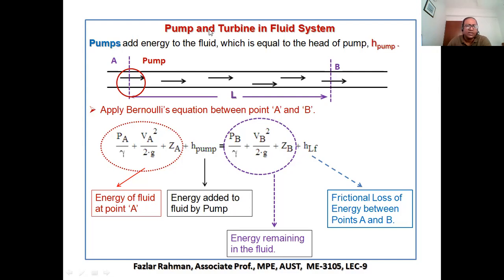This slide, the same thing I explained before, that if you have a pump in the fluid system, what does it mean? So analysis of fluid at point A, just entering at point A with this much analysis. Then for the pump,